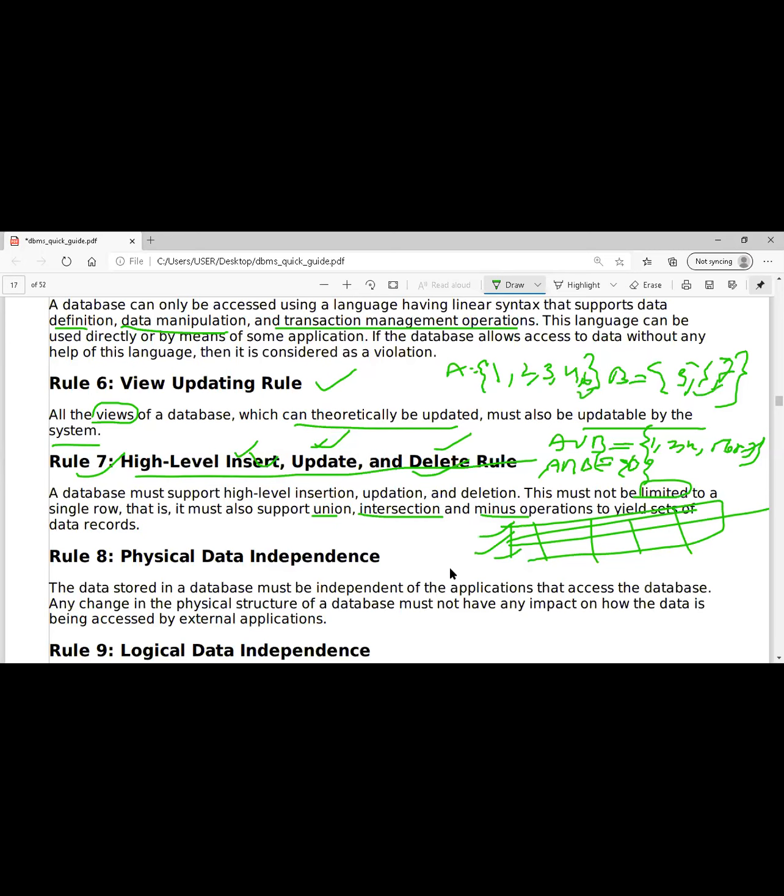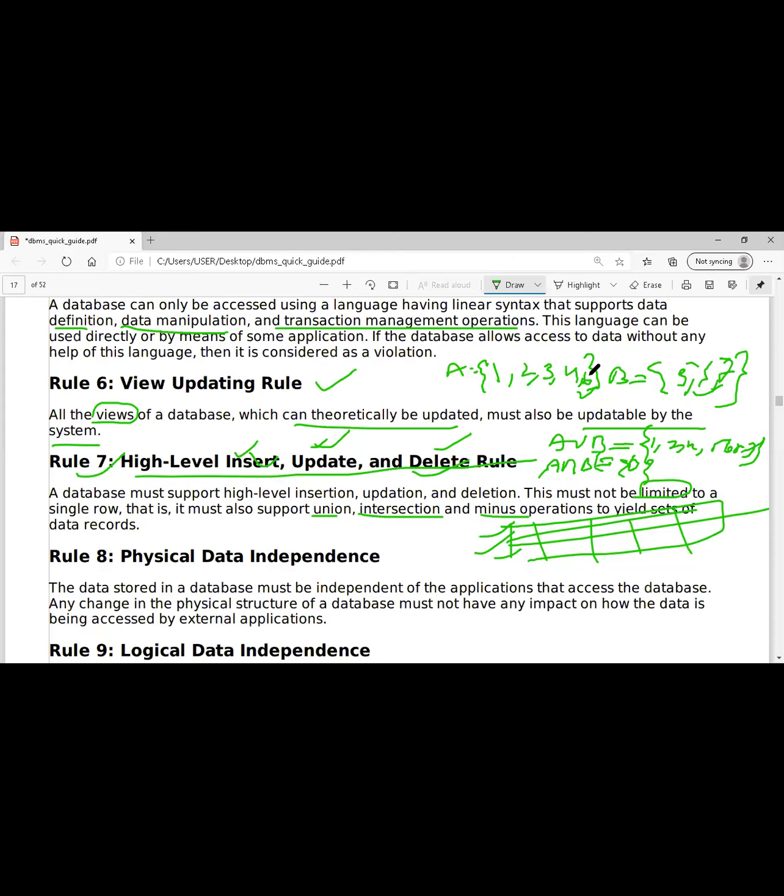So I should get the output like this also. If it is not there, it should say empty set. If it is there, it should display 6. Like this, if I combine the tables, it should support the intersection concept also. Then when I say minus, whatever matches, you remove it, and the rest of the things remain.